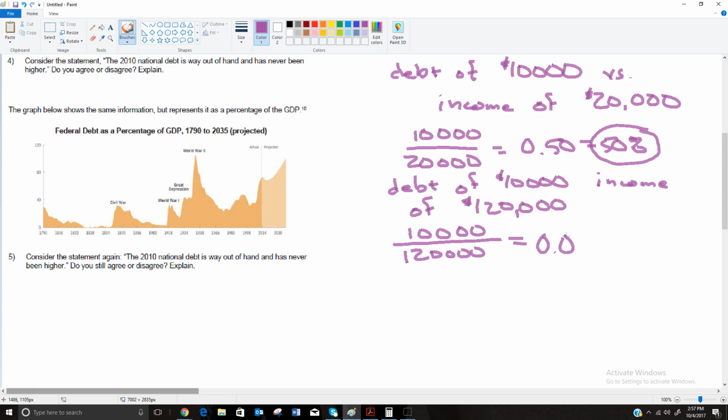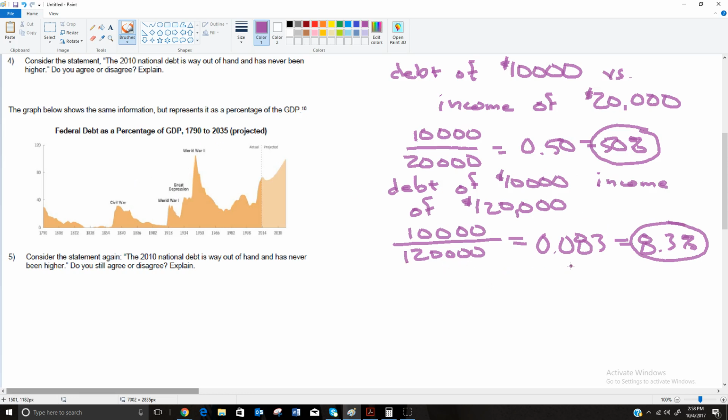So 0.083, which is about 8.3%. Someone looking at the finances of these two individuals would say that this $10,000 debt is probably very concerning for this person. For this individual, that's not that much because it's only 8.3% of their total income. Still not insignificant, but it's not nearly as much of a concern as someone who has a debt that's 50% of their income. So this is what we're going to look at with this debt as a percentage